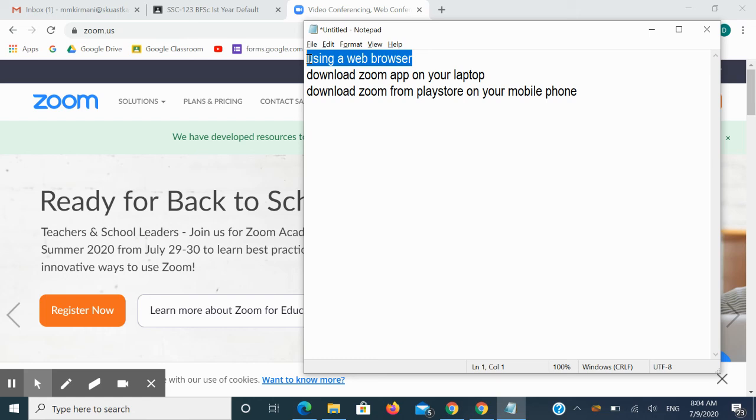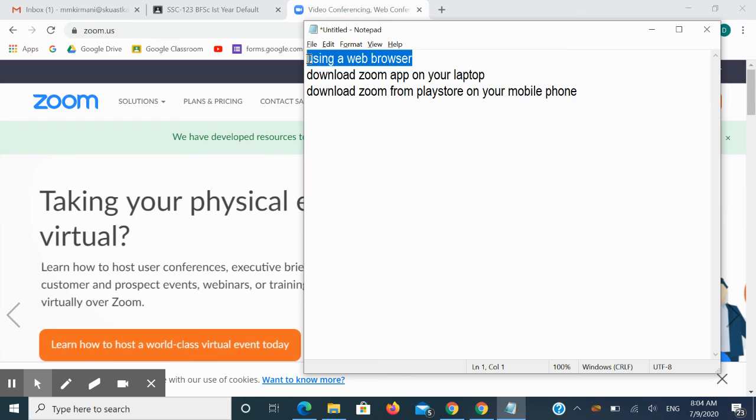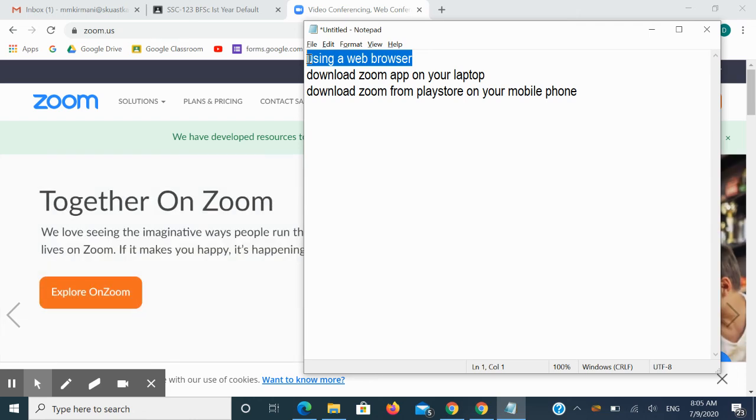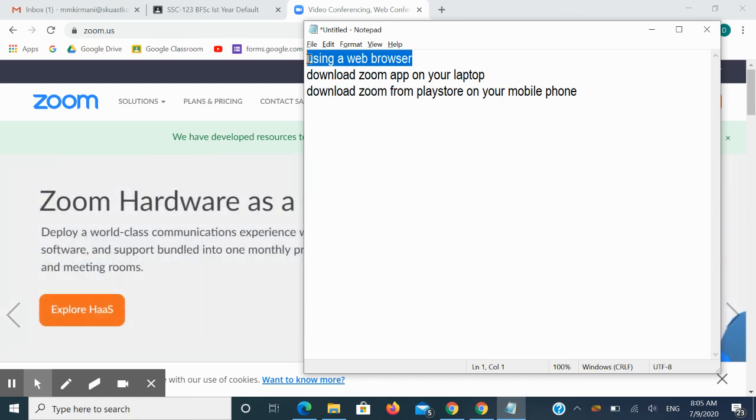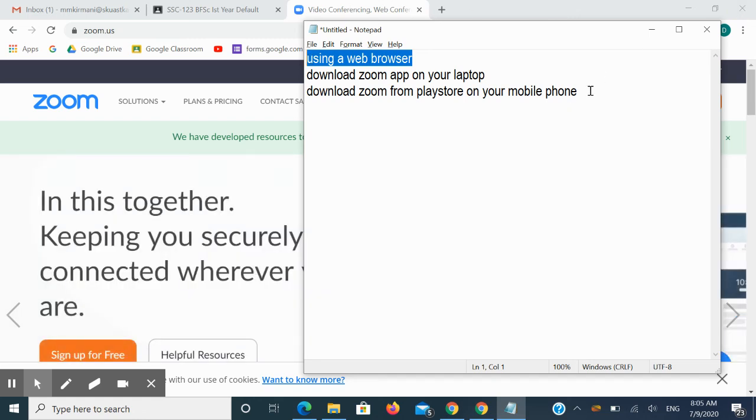One more attribute over here is that whenever you want to use Zoom, it will work only for 40 minutes if it is a free version. But if it is a licensed version, wherein you are purchasing the services of the app, then you can go for a good duration of meetings, wherein you will get benefits like unlimited meetings and some other benefits as well. I hope that I have made my point by explaining to you the process of how to use Zoom.